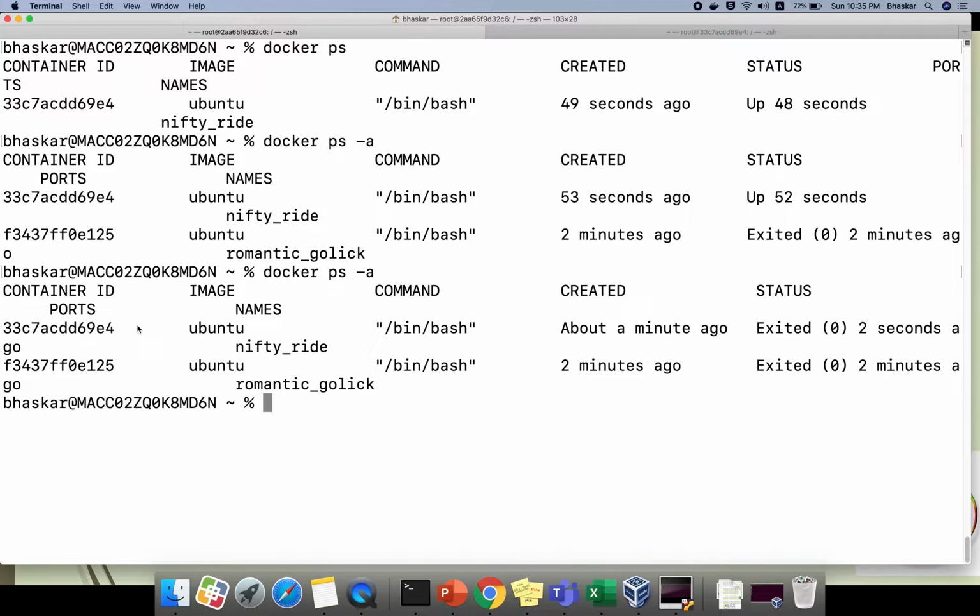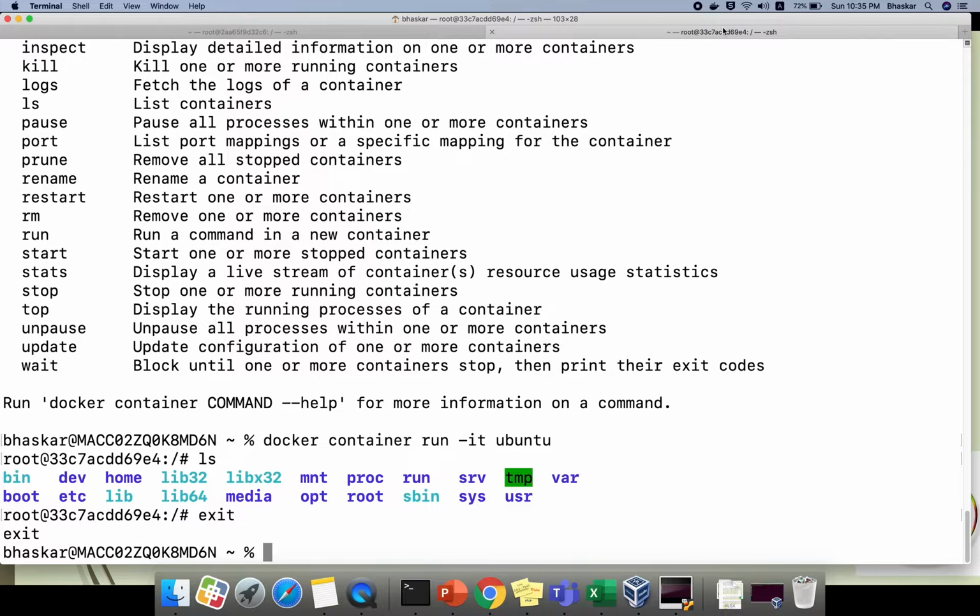To overcome the drawback of this, we have some other concepts. At the end of the session I will explain what concept we are going to cover. Okay, remember this point. Now to interact with the terminal, you are using this one. This is one way. Now my requirement is different.